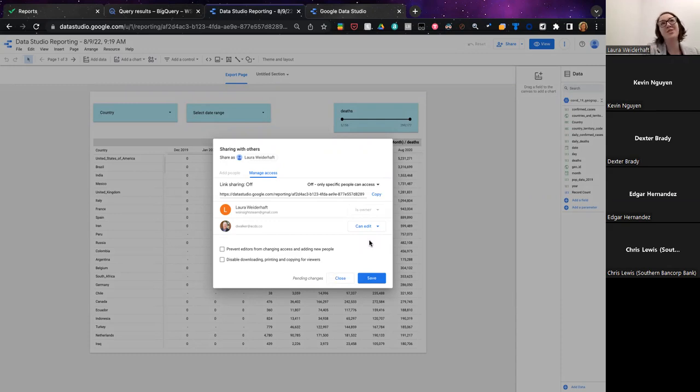The interesting thing about Data Studio is that it's free, so you are free to make any of the dashboards that you want. There's no cost to having users or viewers, but all of the costs are incurred in the querying of your data set. So if you have reports that are using big data sets and they're not filtered,